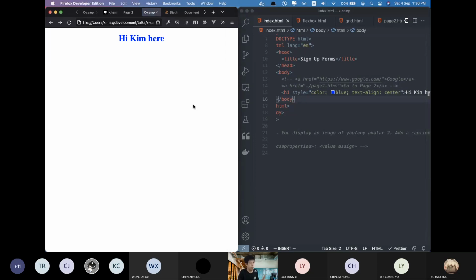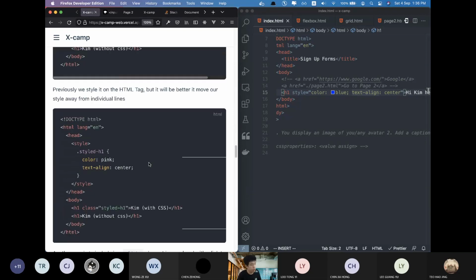So we make it a blue color, and we align it center. Okay, it is a blue color, and we align it center. Okay. So I think the same task as you guys. Before that, I want to tell you more about it first, because there are multiple ways that we can style